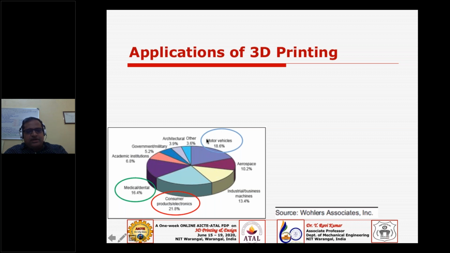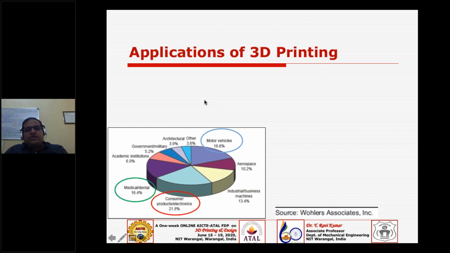And of course, you have motor vehicles, automobile and automotive together. The 18.6% is the second highest application, motor vehicle. And the third highest application among these 3D printing applications is medical and dental. So the application share of 3D printing in the medical domain is phenomenal.